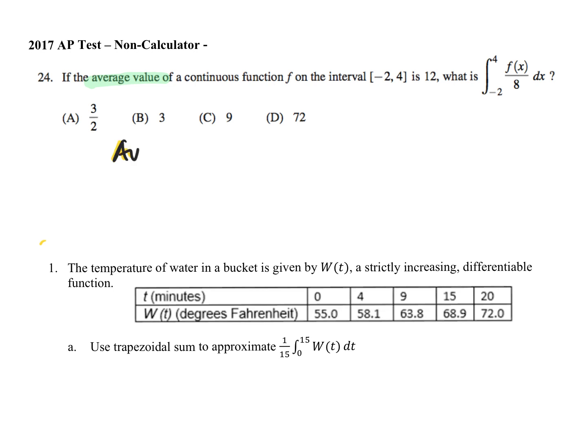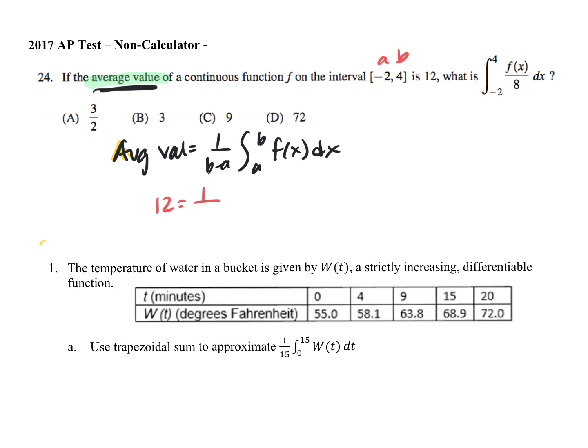The average value, we know, is 1 over b minus a from a to b of my function. We know that. We're on page 3. What are we replacing average value with? 12. What about my a and my b here? What do we think? What's my a and my b? Yeah, so I'd say 1 over 6, because 4 minus negative 2, that's 6, from negative 2 to 4 of